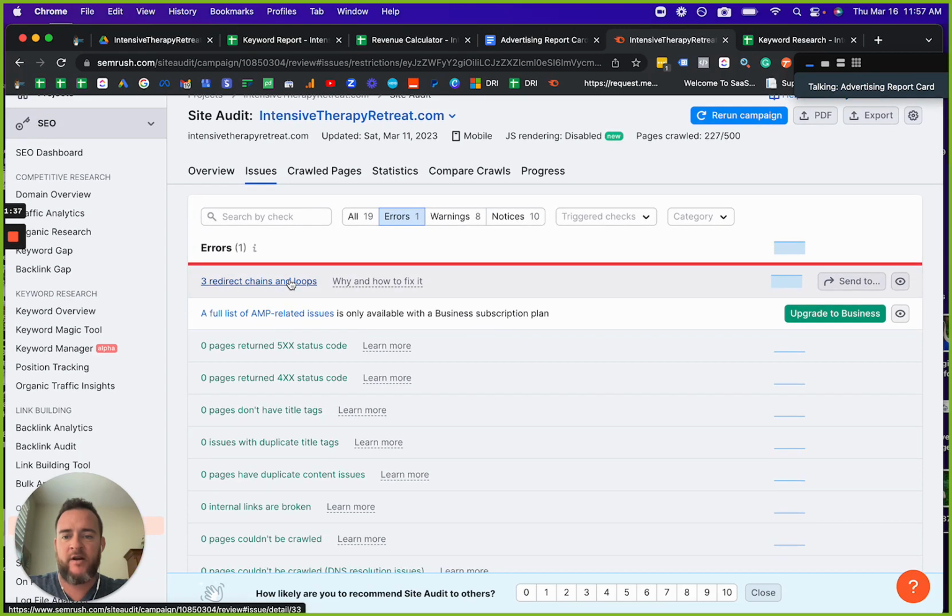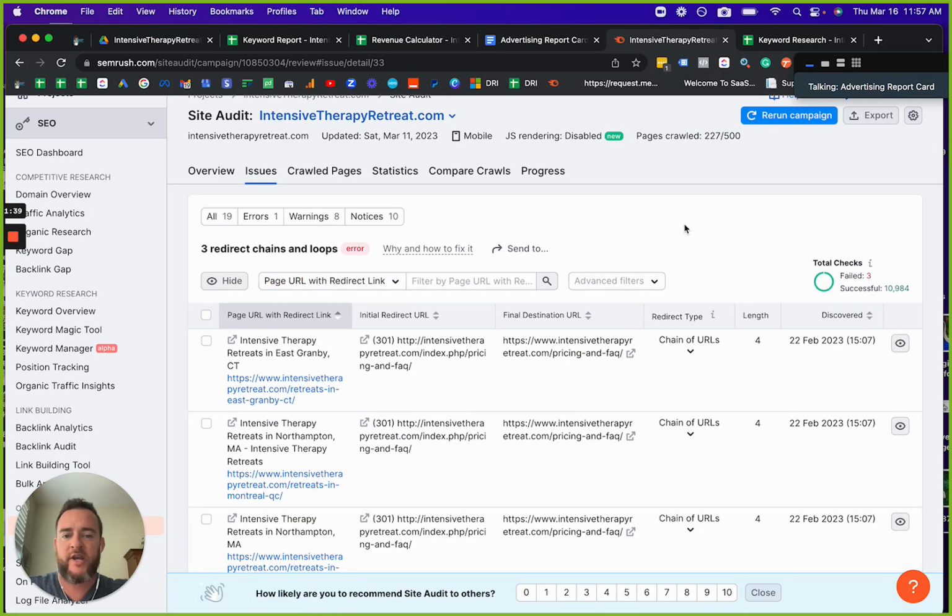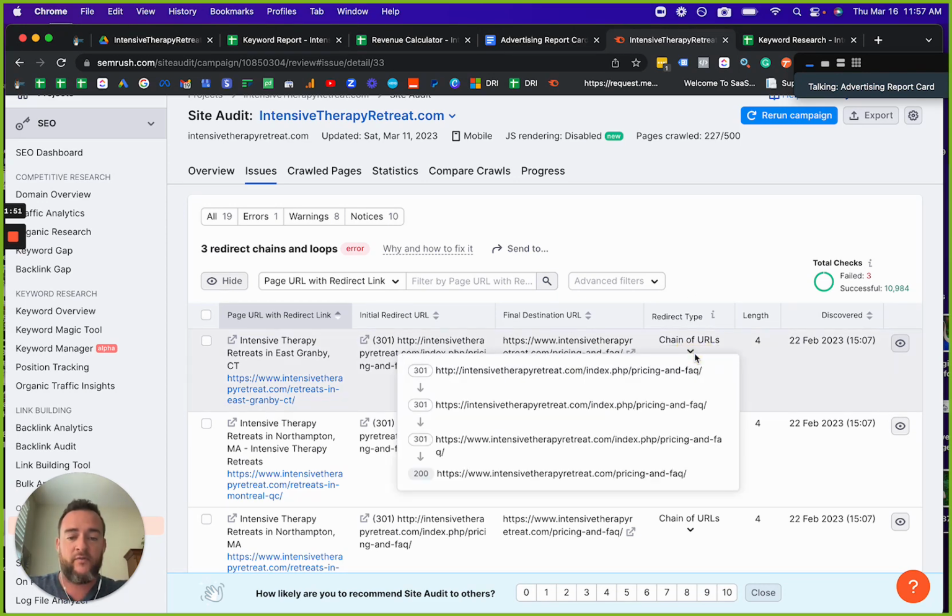This is the major error that's been reported, and it's a redirect chain loop. Basically, what happens is over time, as SEO is being done on a website, there might be a page that's no longer relevant that's redirected to a more relevant page. In this instance, there are a few pages that over time seem to have been redirected towards each other. As you can see here, HTTP to HTTPS. This is completely normal because the site was updated with HTTPS. So almost every website has gone through this change.